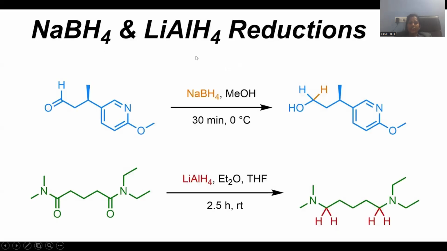And sodium borohydride reactivity is tested against lithium aluminum hydride. Whenever sodium borohydride is taken, here is the ether, here is the aldehyde. The aldehyde will be selectively reduced, and the hydride released from sodium borohydride connects with the carbon atom, and you can notice the brown color hydrogen. And there is the OH formation, with hydrogen taken from the solvent medium methanol. This reaction is accomplished at 0 degrees, an extremely low temperature. We can mention it as a lower temperature condition.